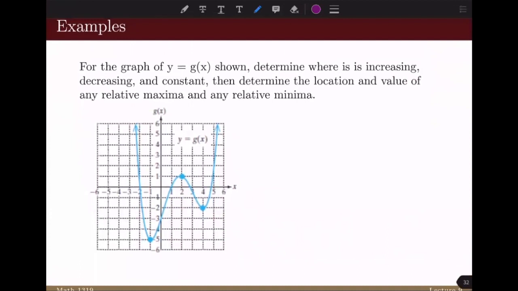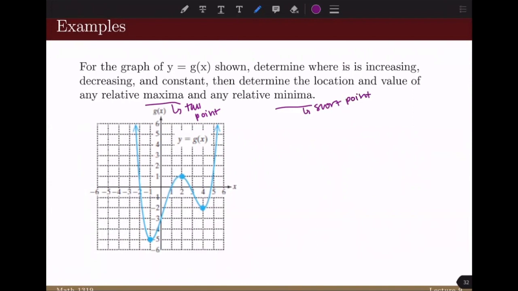Our last example. For the graph of y equals g of x shown, determine where it is increasing, decreasing, and constant, then determine the location and value of any relative maxima and minima. We are also going to talk about what these words mean. Maxima essentially just means, I like to think of it as a tall point, and minima as like a short point. So basically,